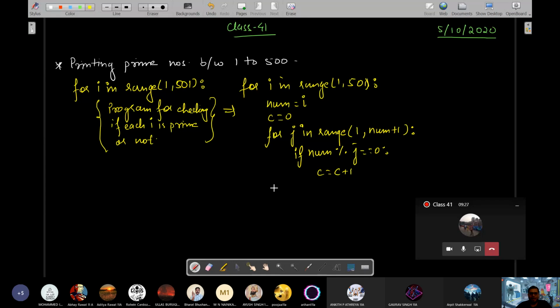Finally, out of the j loop you will have the total count of the factors of num, that means one particular I in one round, and therefore you will write if c is equal to 2, print that particular I or print that particular num.